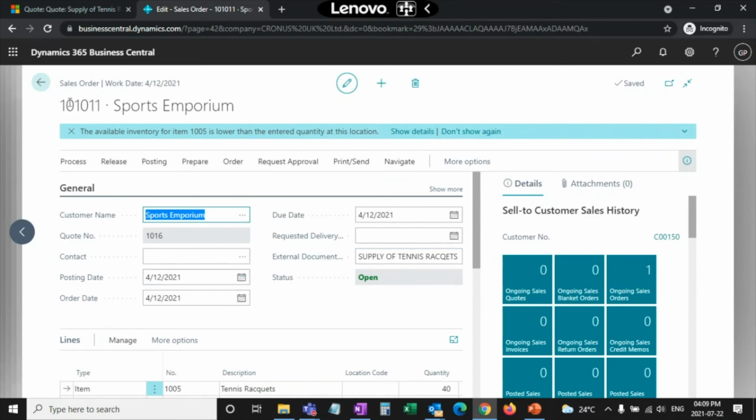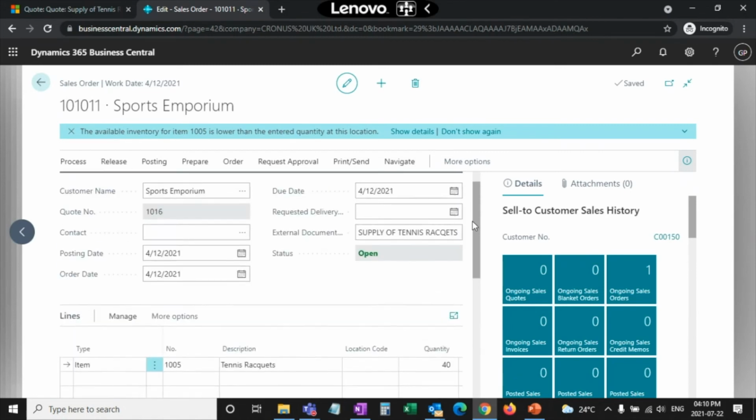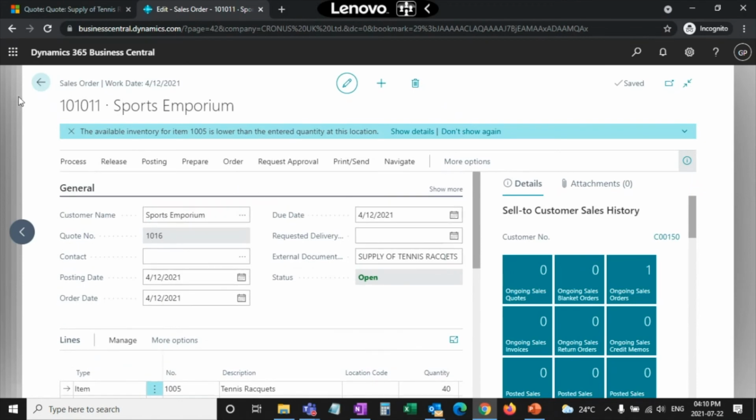And here you can see that the sales order has been created. The quote number, the customer, the posting date, the opportunity to which it was related, as well as the product details. All the information has been captured as a sales order over here. Now, once the customer is happy with the order and they have already asked to close the order, next is the stage where we have already sold the products to the customer, and now we will be generating the invoice.